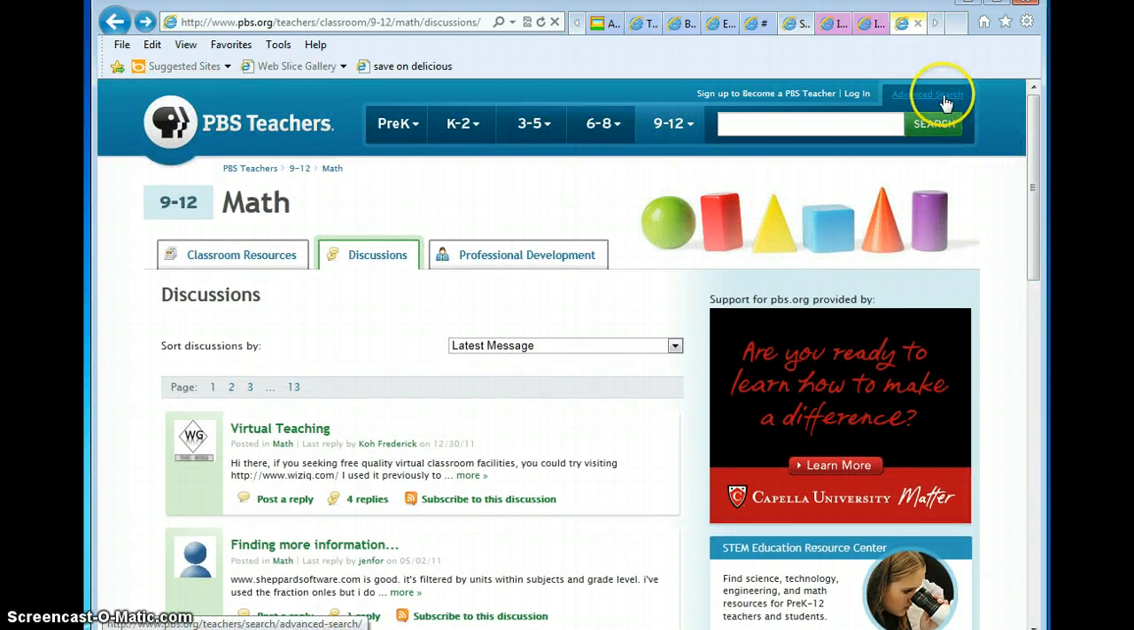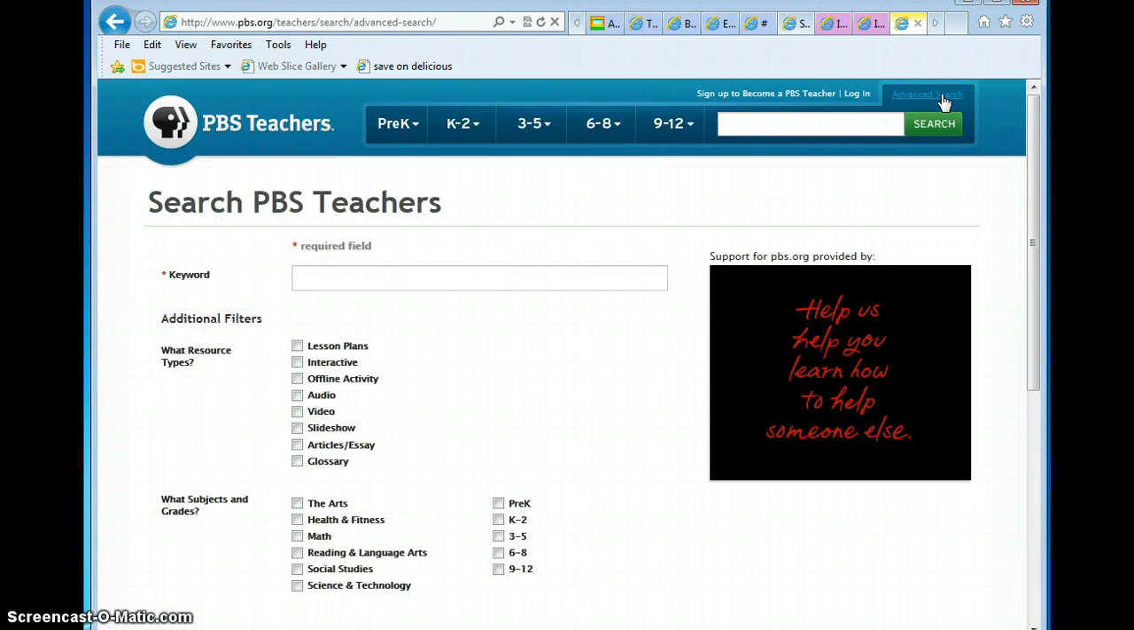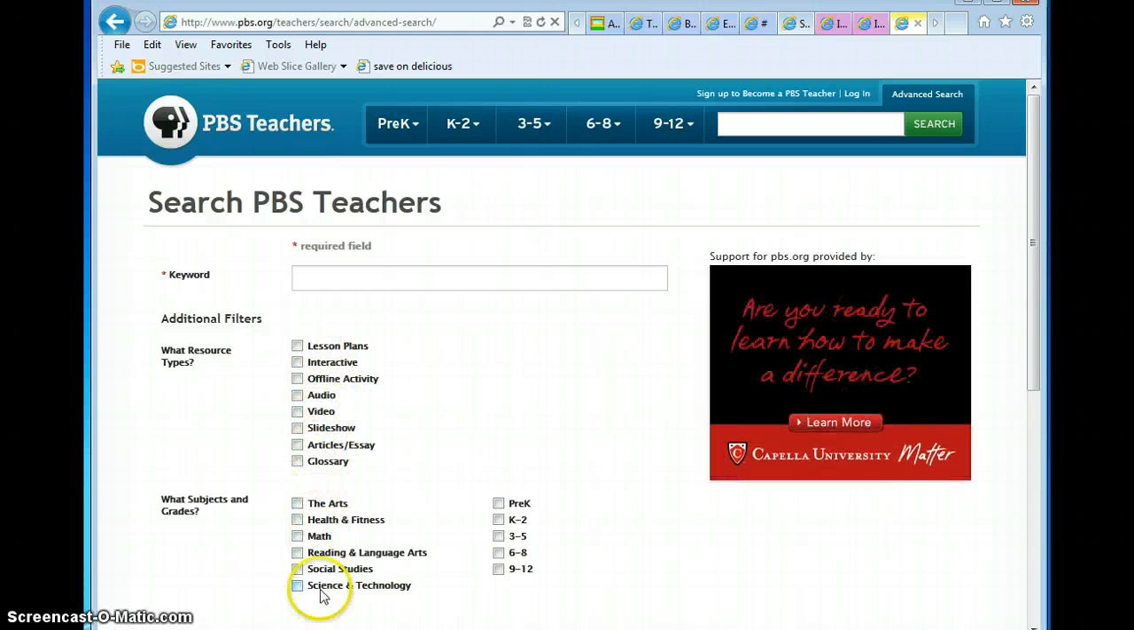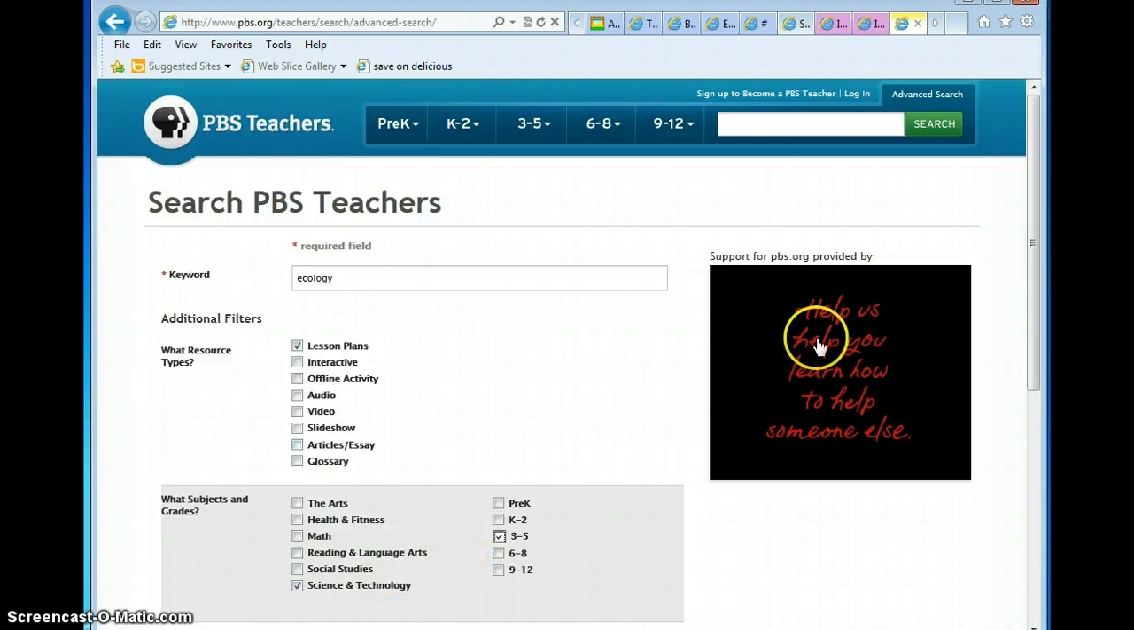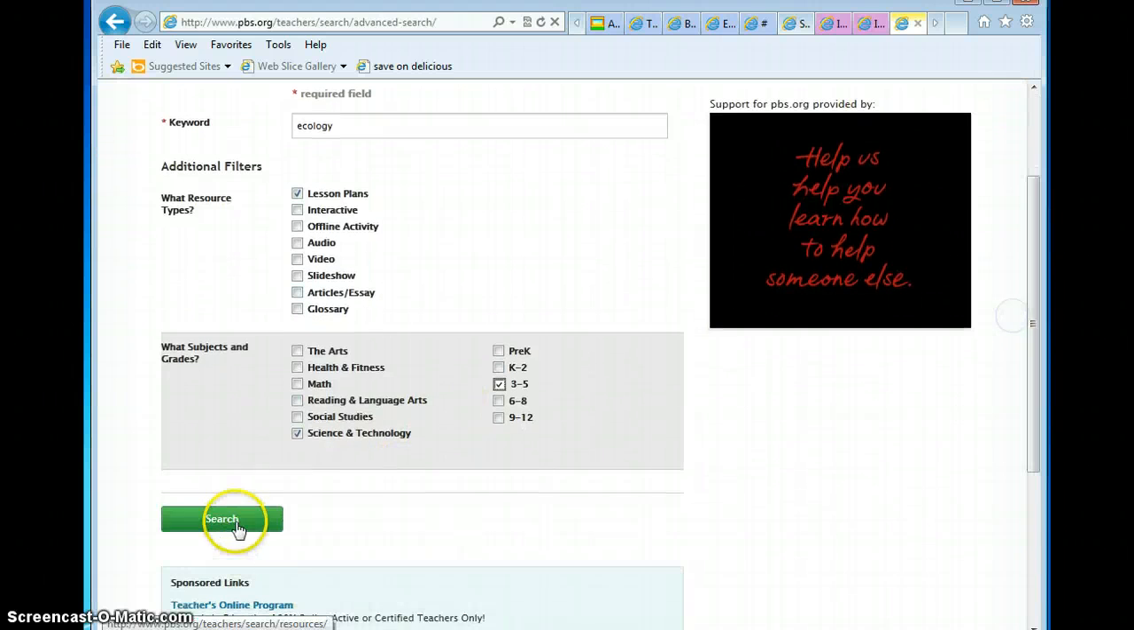The other way to search is using the advanced search. Here's where you can put in a keyword. You can pick what resource type you want. You can pick what subjects and grades, and you can pick what grade band. So just say I'm looking up ecology, and I would like lesson plans on ecology having to do with science for 3rd through 5th grade. Then I just have to click on search,